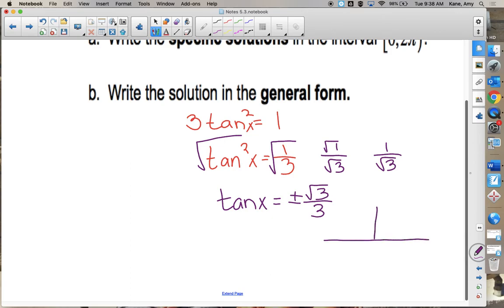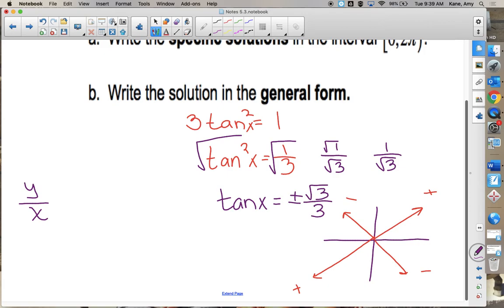So we're looking for how many angles? 4. Because of the plus or minus. So tangent is positive in 1, and tangent is positive in 3. That's where tangent's positive at. But it's negative in 2, and it's negative in 4. Now this one's trickier because it's tangent. It's not sine or cosine. Remember, tangent is y over x. So we need an ordered pair from the unit circle that will simplify to become the square root of 3